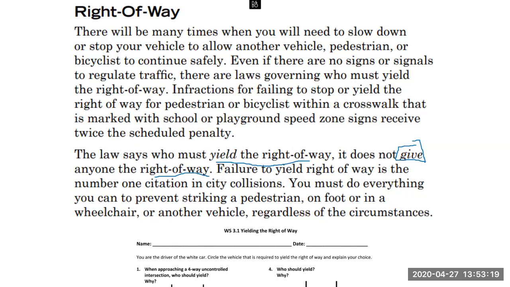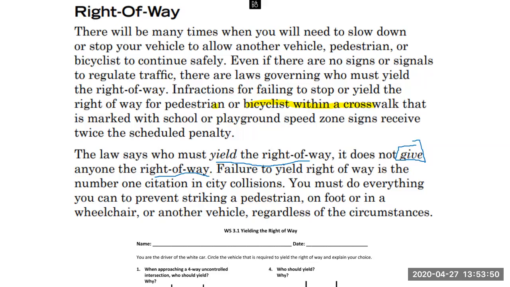And that's really just we need to make sure that if we can do something to prevent a collision, we need to do it, even if it was our turn to go. So, say we're at a two-way stop and we don't have a stop sign, but someone is going straight through the intersection where they should be stopping, we're still going to slow and stop to make sure that we do not cause a collision,